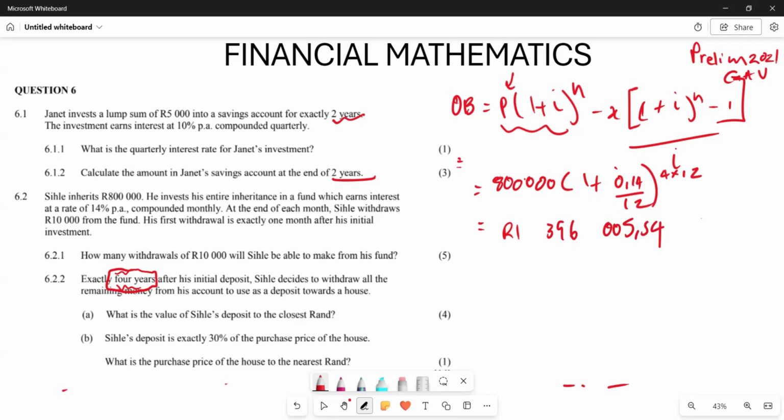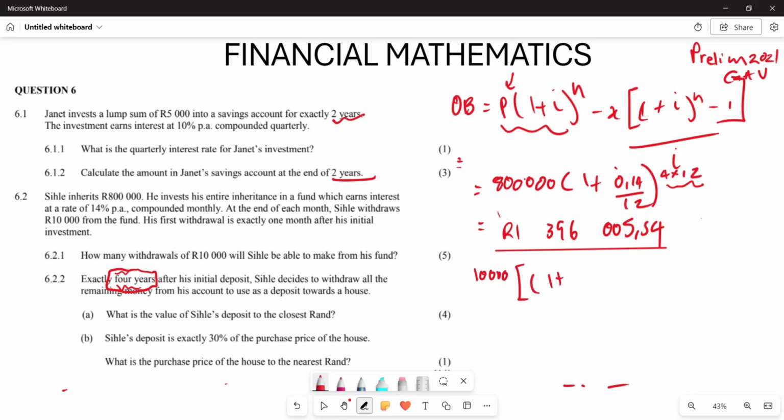Then now we come back. Now we want to know in terms of how much money. Remember, this is the amount of money that Sihle invested for 4 years. Now if this is the interest that this man is going to make after 4 years, how much money did Sihle take from this particular bank, right? So this is going to be the same as what now? The x is going to be 10,000